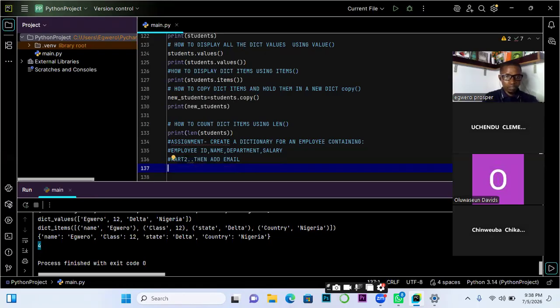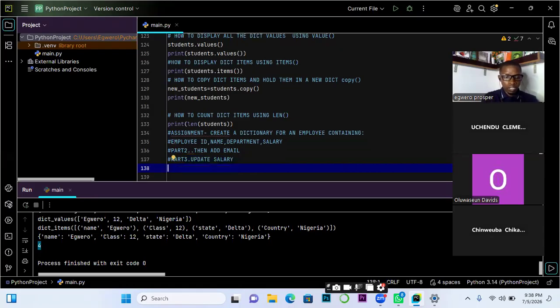That is part 2. Part 3, update salary. So you have the initial salary when it was created, then you update the salary. Then part 4, remove